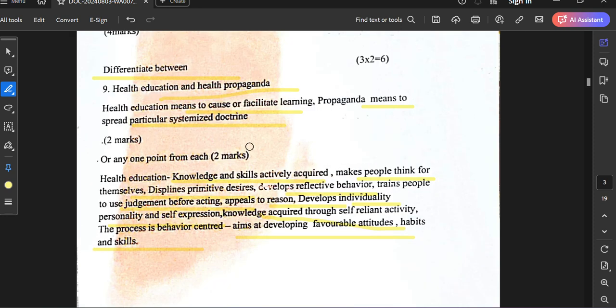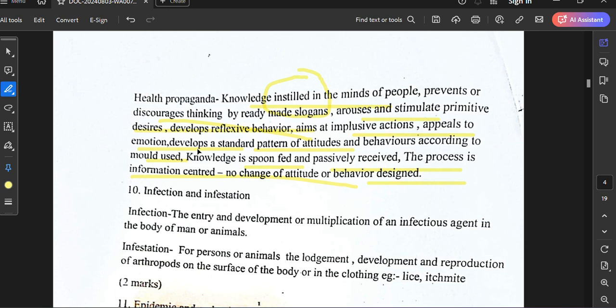So what is health education? What is health propaganda? Difference. Now comes the second difference question, the 10th question of this question paper. What is infection and infestation? Infection, I-N-F-E-C-T-I-O-N. Infection and infestation,